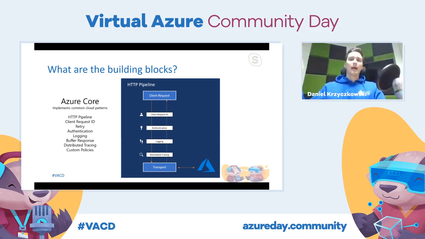Together with the request and response, for the response, we can enable buffer response, so we can access partially the response, and also we can enable retry pattern for the request. So if the request failed, so it failed to, I don't know, pull secrets from the Azure Key Vault or failed to authenticate with Key Vault, we can enable retry, and this request will be sent after some amount of